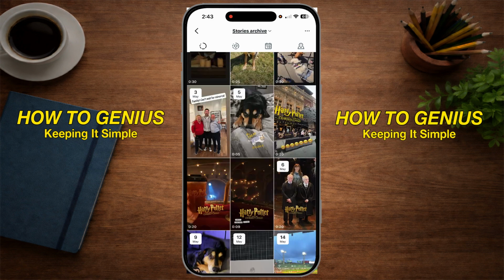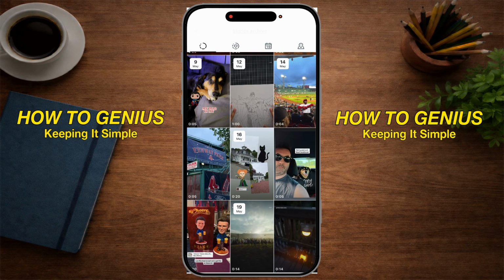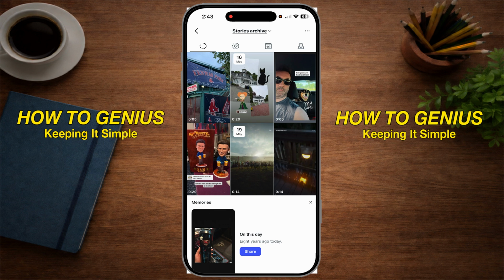So you can't actually go back days or weeks or months or years and see how many people have viewed that story. But that's it. It's super simple and super easy to see who